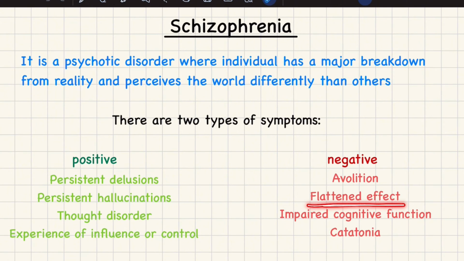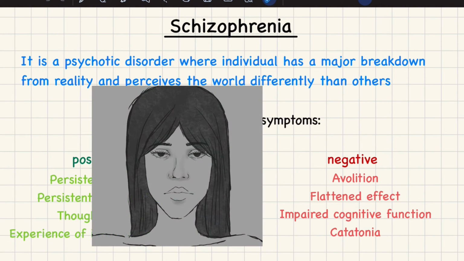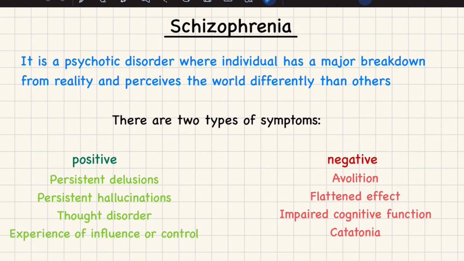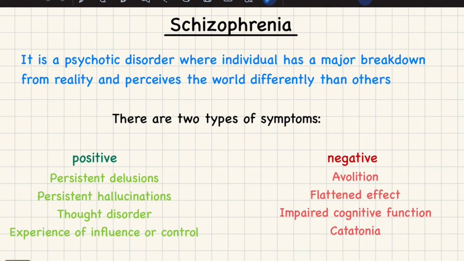They have flattened affect, which means a blunted emotional expression, meaning a serious face. So, for example, at the death of a very close family member, they might have that face on, while everyone else might be crying or sad. Or maybe at a party where everyone's smiling and laughing, they might have the serious expression on, meaning they're not showing any emotional expression through their face, and they just have a serious face on.